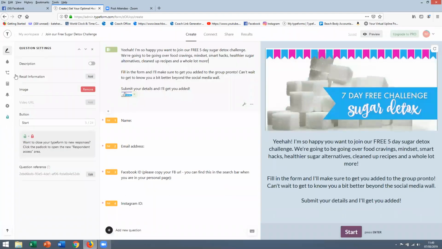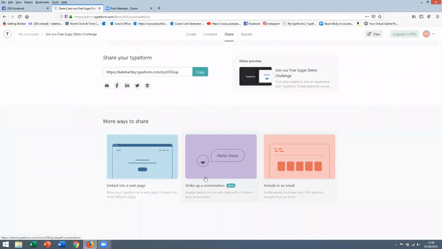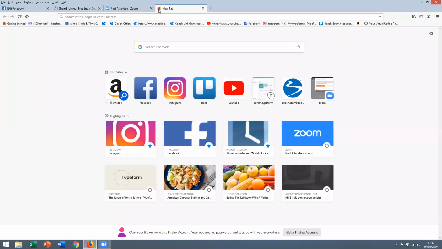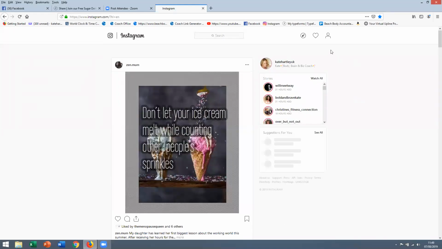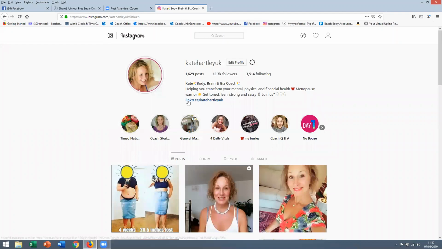And then if you want to share this form, so if you want to use that as a link, you can't actually use links with www on Instagram, but you could add this to your Linktree. So if I just go into my Instagram account quickly, I'll just show you that my Linktree is set up, and I have here,